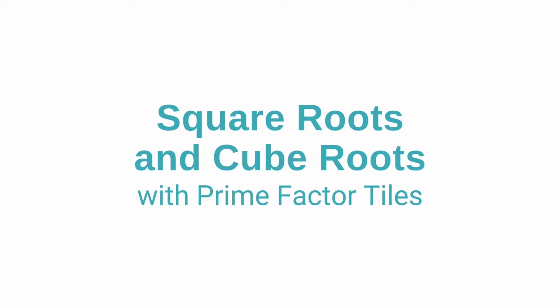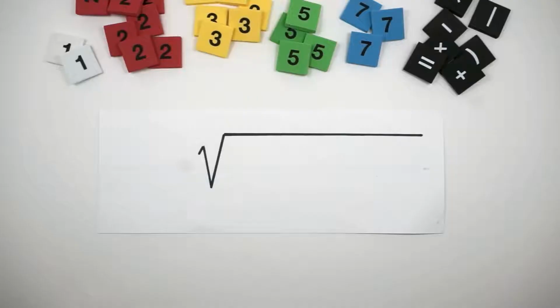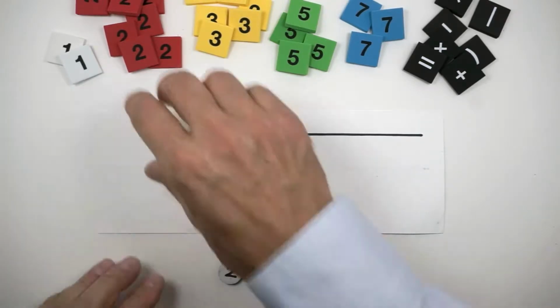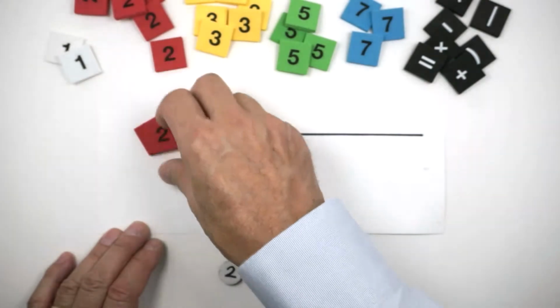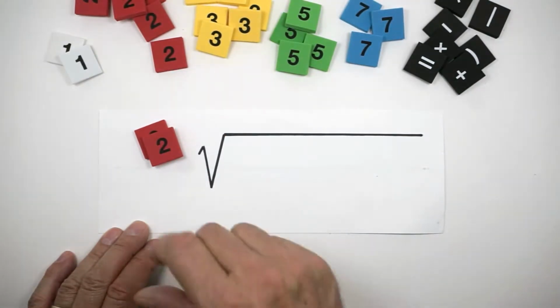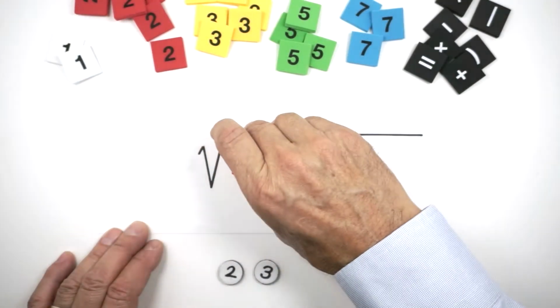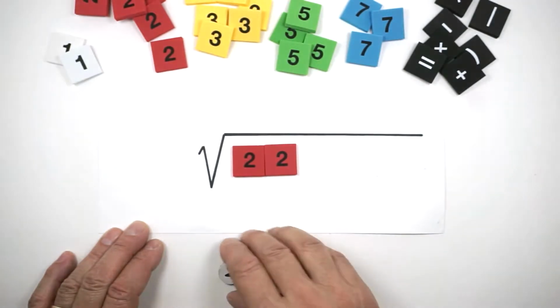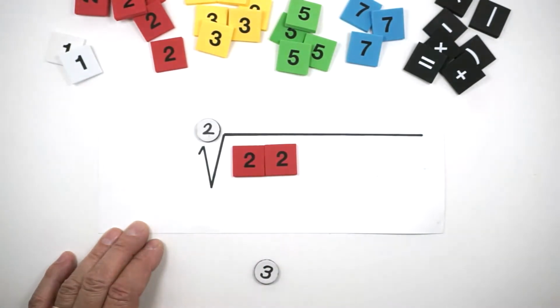Finding square roots and cube roots. So if we take our composite numbers that have perfect squares or perfect cubes for factors, we go back to the times table, and we've got 2 times 2 is 2 squared, or 2 times 2 is 4. So if 4 was under the square root symbol, and the index was 2, we'd be looking for a factor